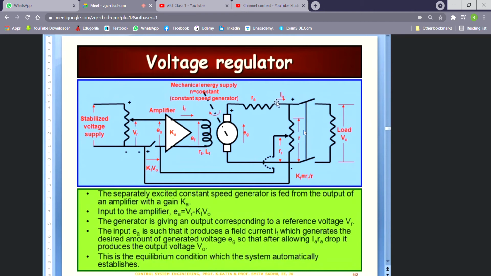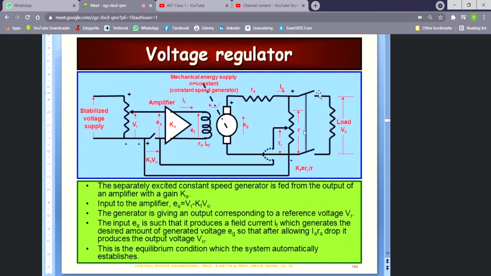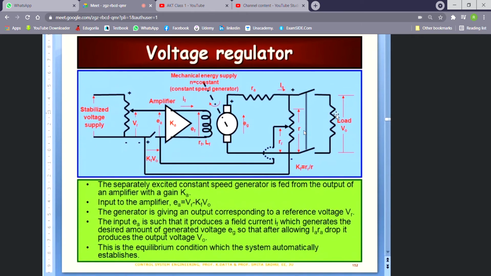And now you find that Ia is the current in the armature circuit. And here you find there is a switch, right? These are basically mechanically coupled. So it can either be in the open position as shown over here, or if this is pulled down, then this contact will be closing this side and this one will be closing the other side simultaneously, so that if this switch is pushed down, this side is going to be connected to the load.